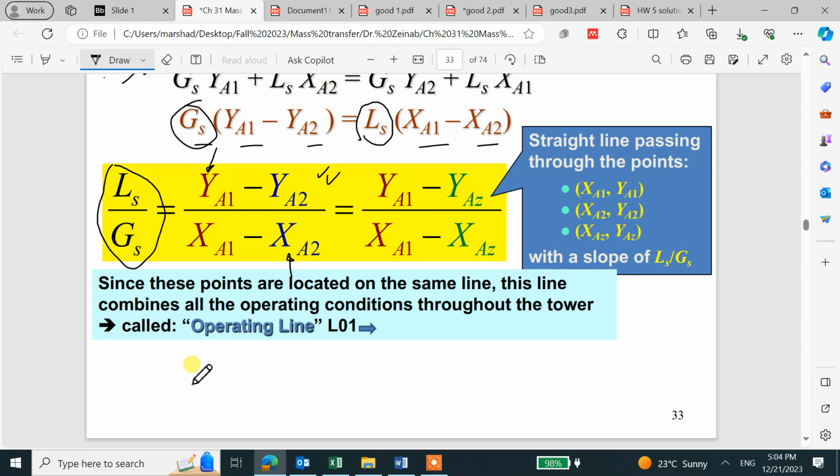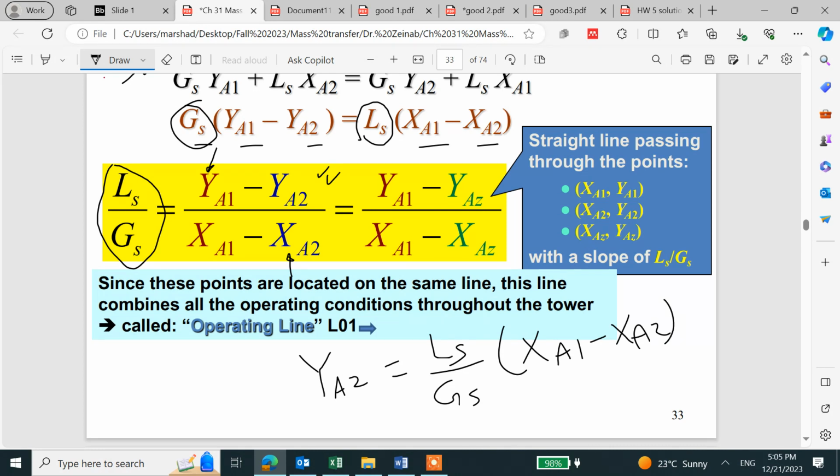So how will YA2 be? I'm just rearranging this equation. So it will be LS over GS times (XA1 minus XA2) plus